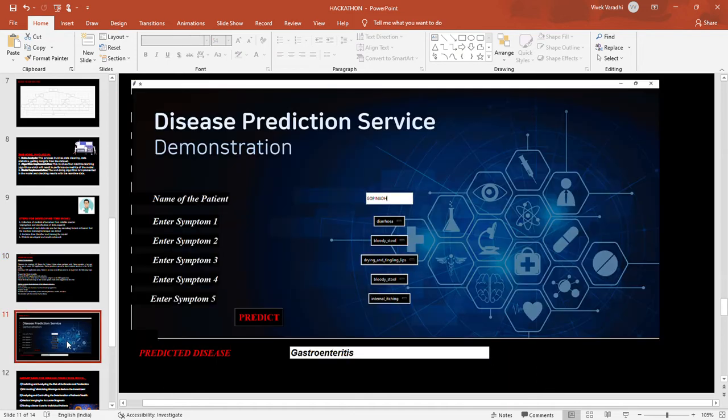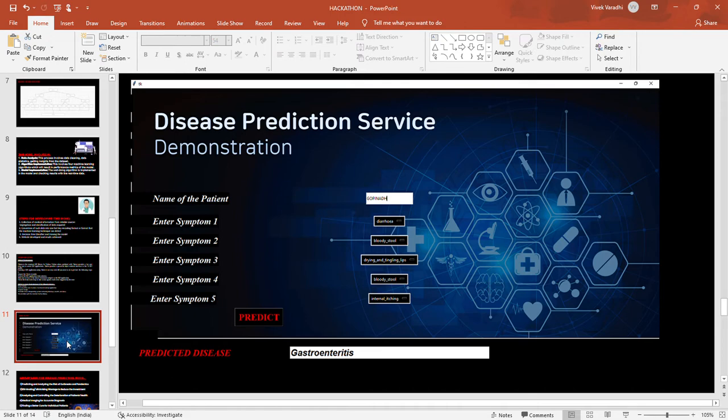The sample output for our model is like this. In tkinter, we use a grid-like structure to divide the frame into different rows and columns. The rows indicate 0 and 1 and the columns indicate 0 and 2. We use a background image for a beautiful design. We use a predict button to predict the disease. When we click on this predict button, it gives the output in the text box as the predicted